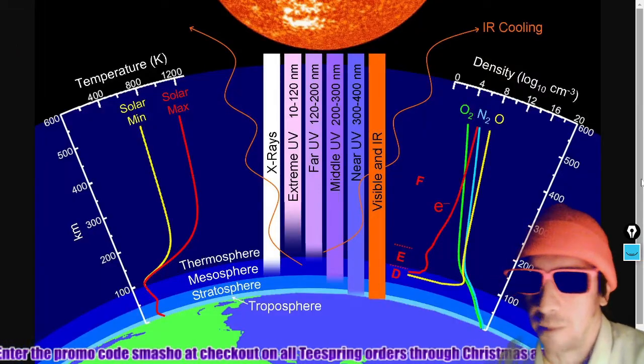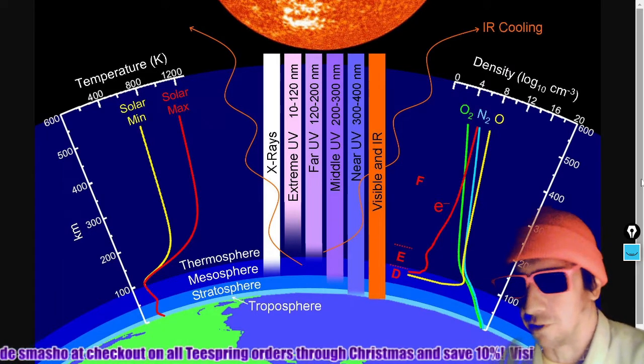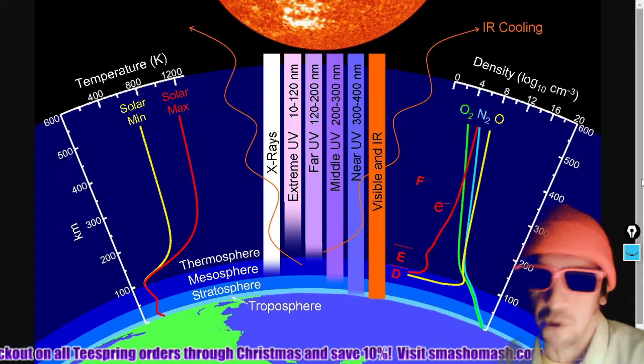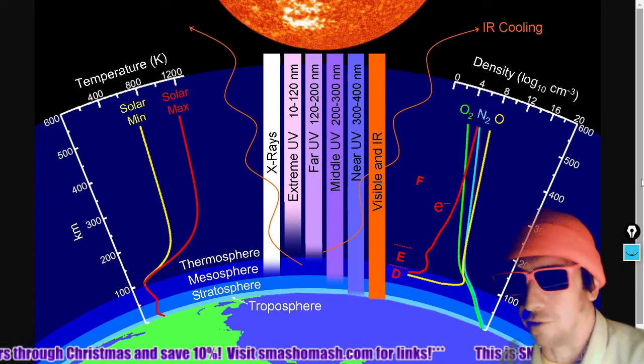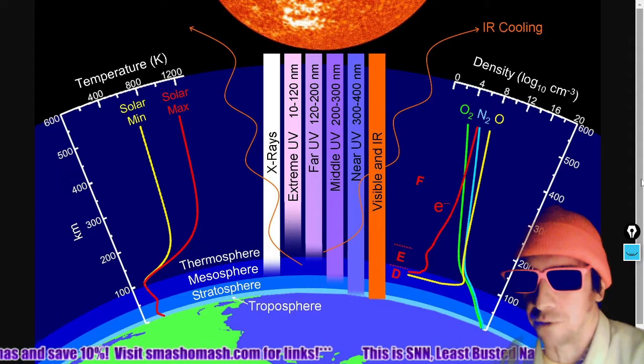And here's a diagram of the atmosphere, and you can see where the F layer is. It's between 300 and 400 kilometers of altitude. That portion of the ionosphere is what we'll show you next. And this chart also shows you the penetration of different bands of the electromagnetic spectrum, from X-rays down to visible